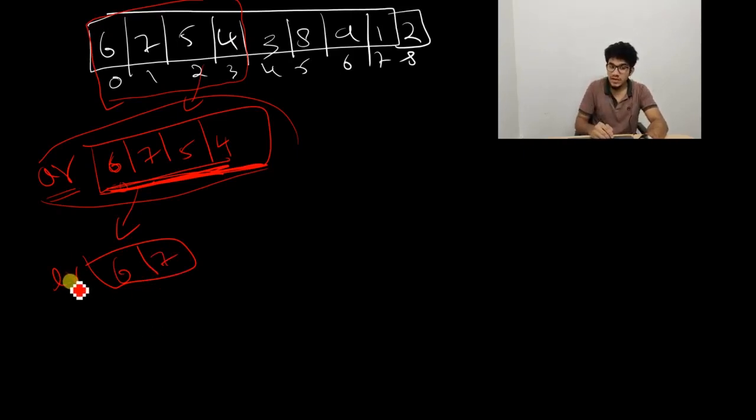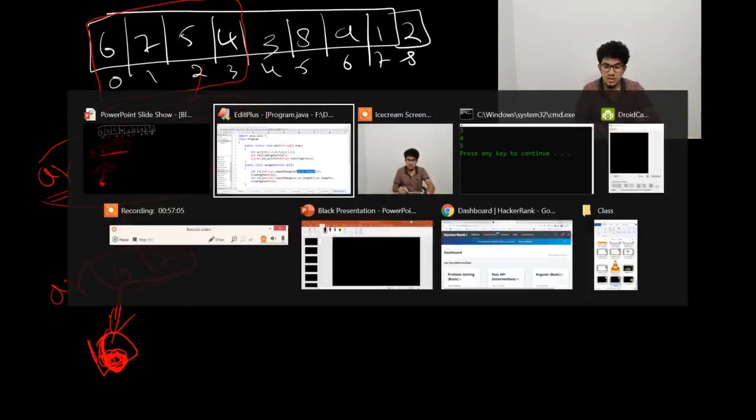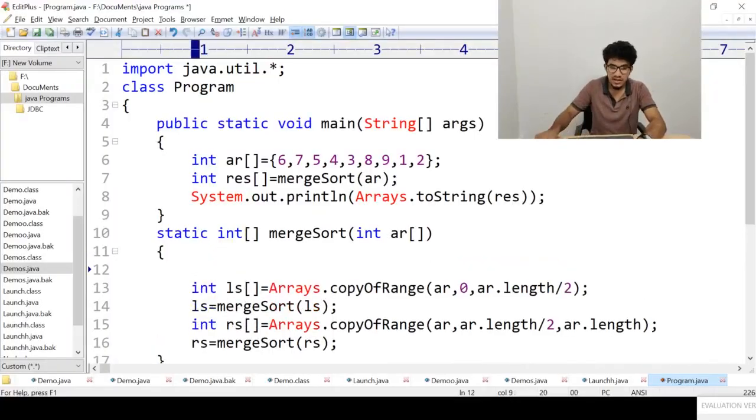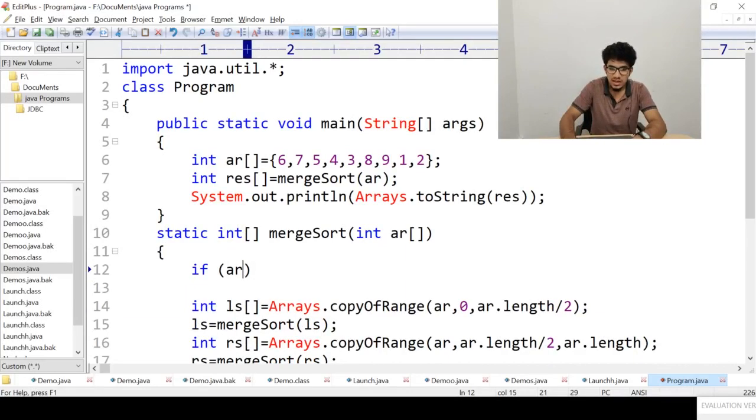But whenever you find the left array, immediately you are calling merge sort on the left array. So now this is AR. Again you are splitting. The left array is 6. You are telling AR length is 1. Again you are splitting. So now don't you think whenever the merge sort method gets an array of size 1, you have to directly send that? Yes. So that condition I would write here, one if condition above all of them. If AR dot length,